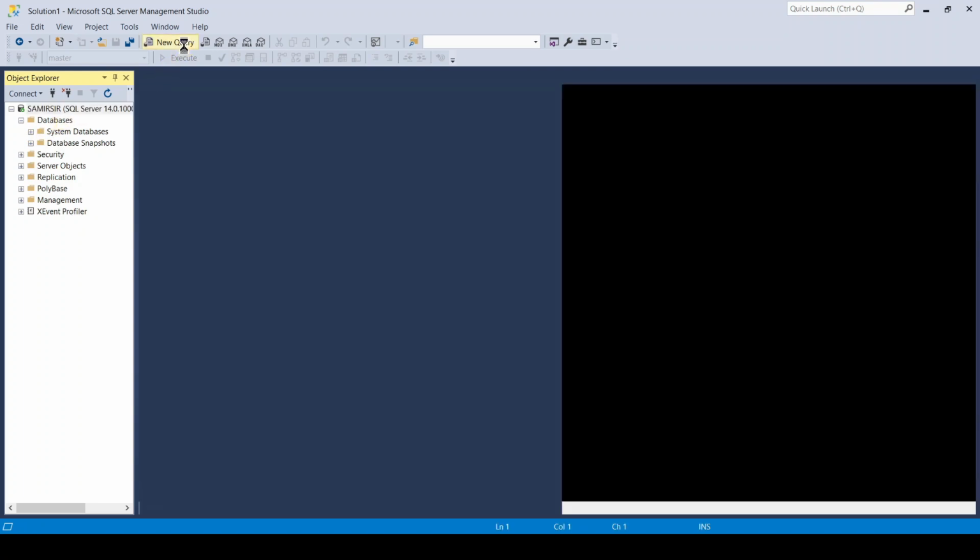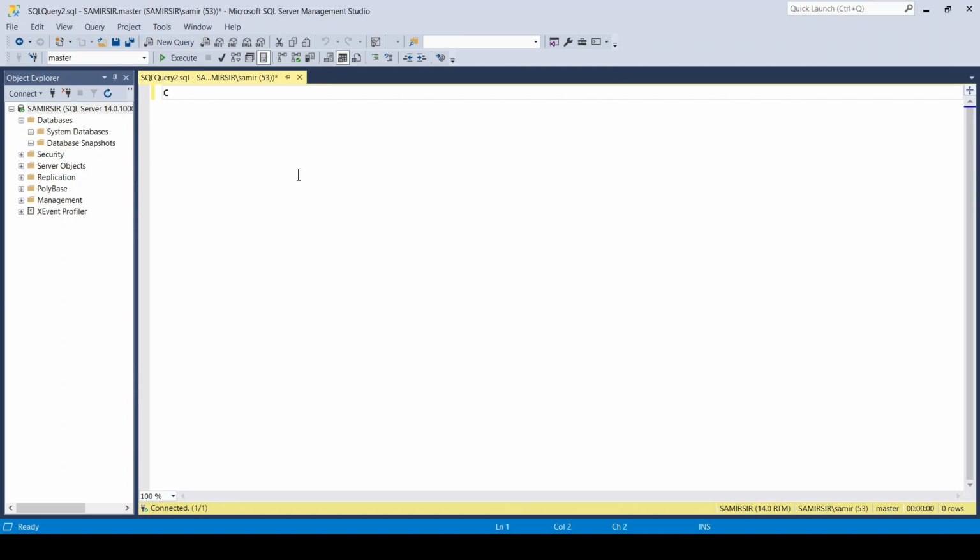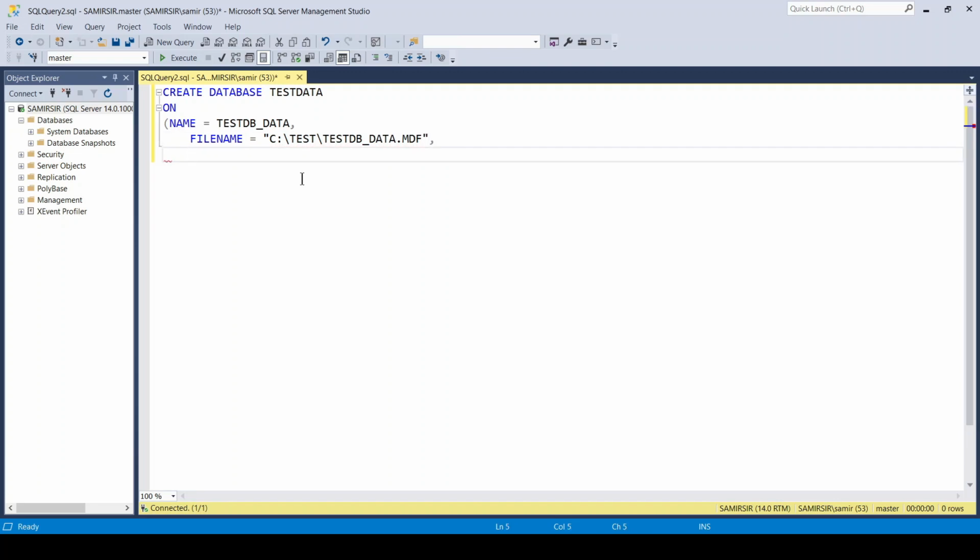I'm clicking on New Query. It will open a screen like this. Type the command: create database testdb_data, on. The name of the database is testdb_data, file name is equal to C:\test folder\testdb_data.mdf, comma, size, the initial file size is 100 MB,